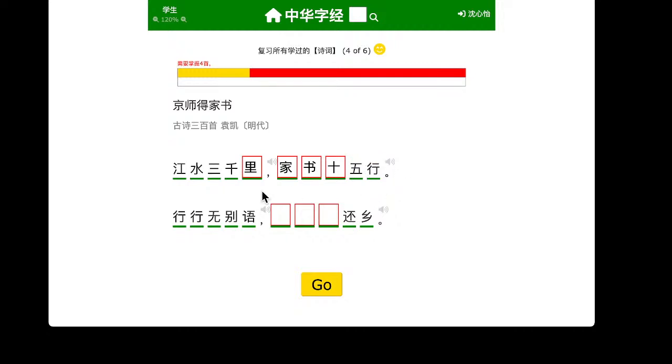You can't be reading it wrong. 行行无别语，这里怎么行行呢？直到早还乡，应该是这个吗？不是，直到嘛，是这个。I don't know it. 直到早还乡，意思就是早一点回来嘛。